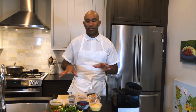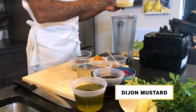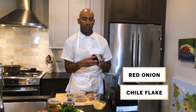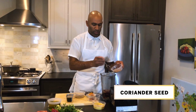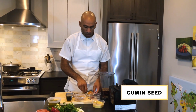So we have all ingredients in our mise en place out. We have a half cup of Dijon mustard, chili flake, half of a red onion, a cup and a half of red wine vinegar, 2 teaspoons of coriander seed, also 2 teaspoons of cumin seed, 5 whole cloves